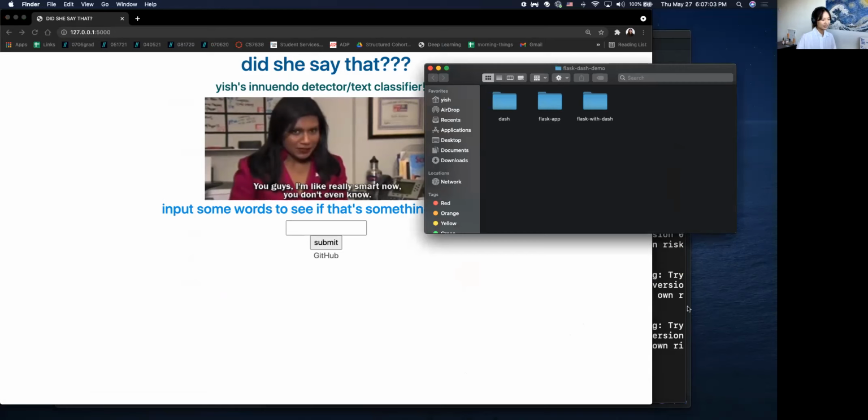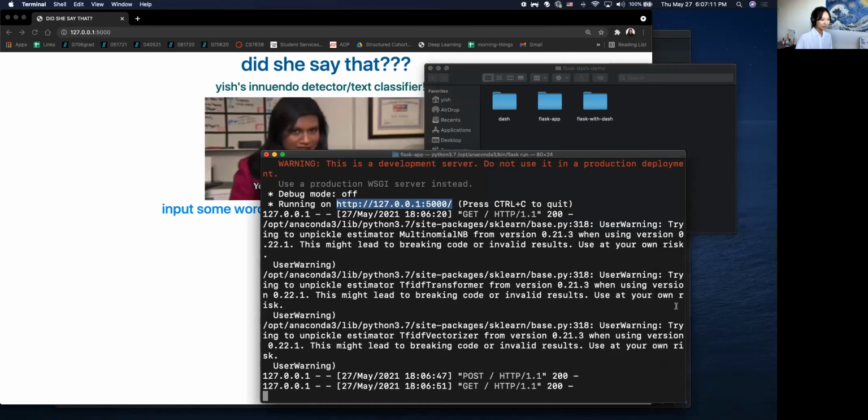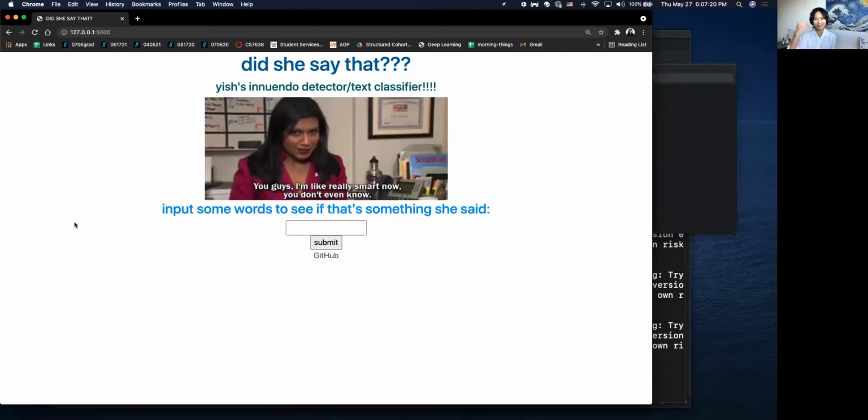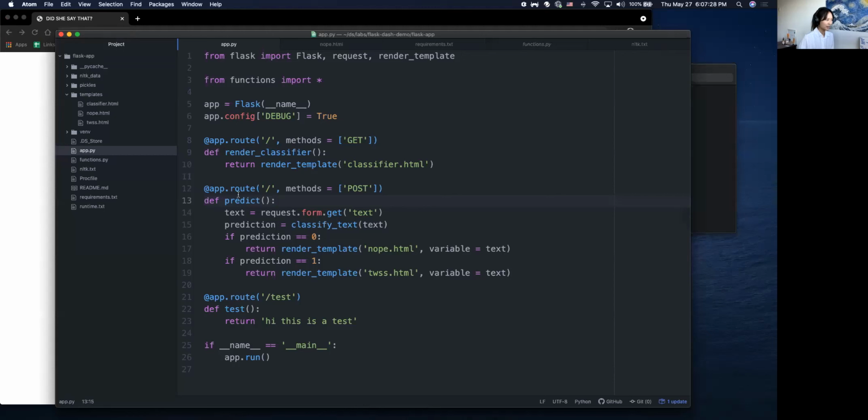So to start a Flask app, I do highly recommend not starting from scratch. Feel free to take mine and just edit it to make it your own. But before that, I want you all to think about your project and think about what components you're actually using in your front end. Like in this case, none of the data cleaning matters. None of the EDA matters. It's solely just the process of making a prediction. And so what I want you all to think about is